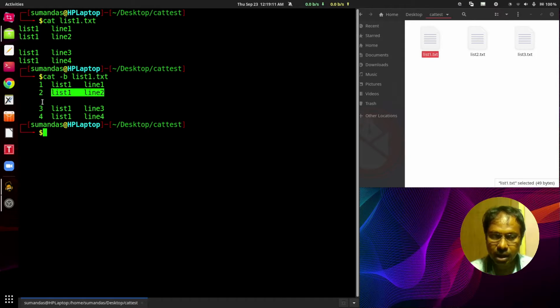That's why the line number has not been given. The third and fourth lines are non-blank, so the line number has been given here.